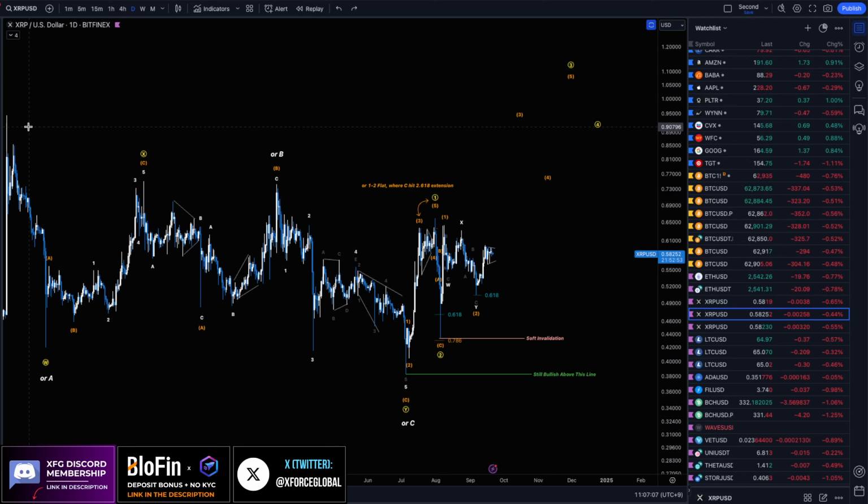So if this is the case, we're looking for an ABC or a WXY, just depending on how you want to see it. I have it here for educational purposes, but the most important thing is that the final resolution phase for that wave C of this wave Y or C, based on that wave E of that triangle, is that we do have a completed 5-wave move to the downside. And most importantly, this 70% move that we had from a few weeks ago was the icing on the cake,